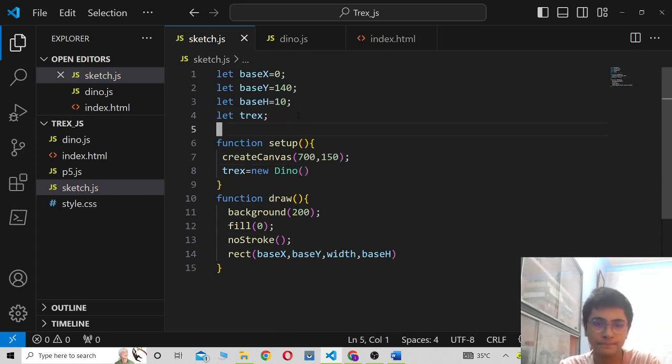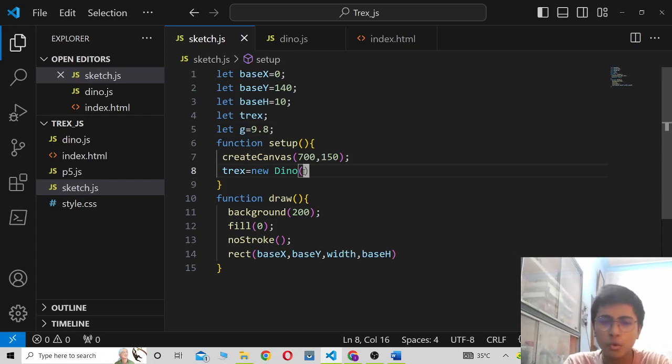So let G be 9.8. I mean, that's a universal G. I don't know what it will be in the programming sense. Let that be 9.8 for now, but I will definitely have to reduce this. So we will have